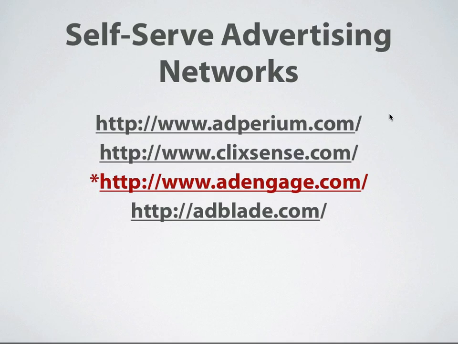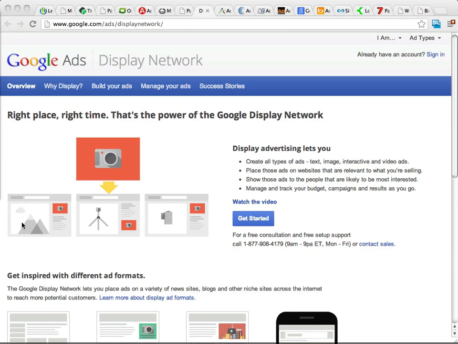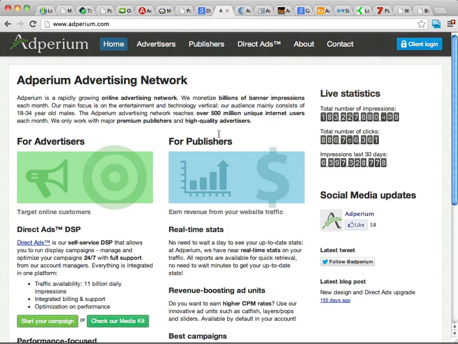And some of the other ones that we're going to look at, we'll look at Adperium right now, which is located at adperium.com. And as you can see over here on the right, they serve a lot of different ads and they produce a lot of different clicks. You can see they've done over 6 billion impressions in the last 30 days. So they're definitely a big network that can deliver a lot of traffic. They have a very good advertising section in here.